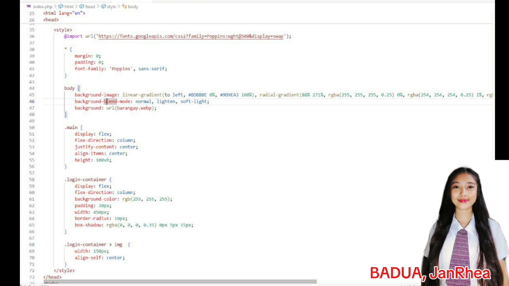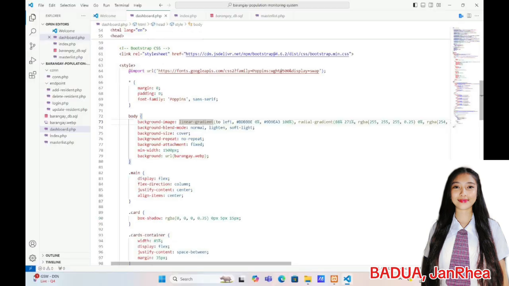The login form itself is contained within a login container. We use Flexbox for easy arrangement and responsiveness. The box shadow and padding add visual depth and separation, making the form stand out. The form elements are styled for consistency and clarity. We ensure sufficient spacing and use clear labels for each input field. The overall design aims for simplicity and ease of use.